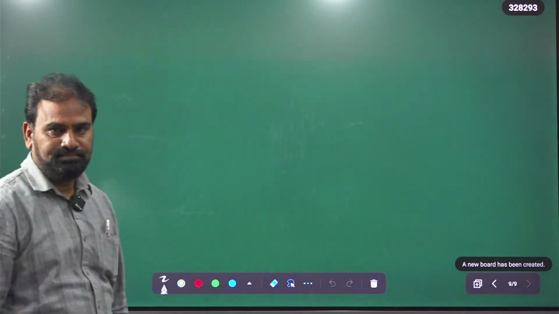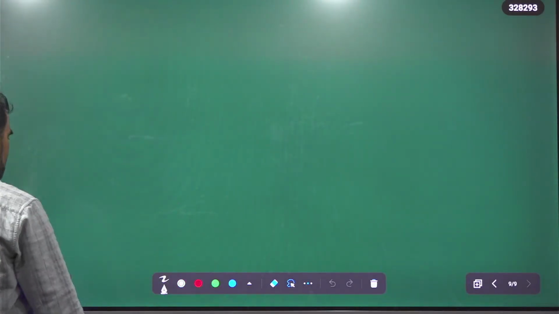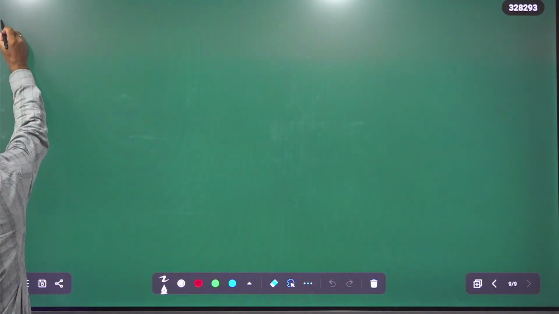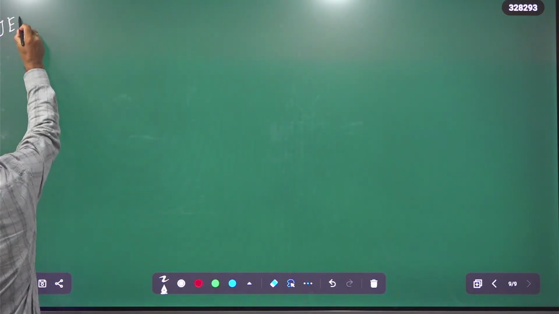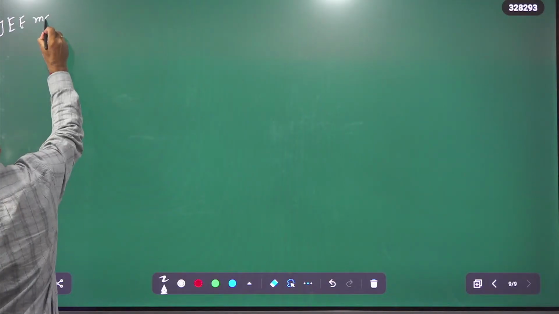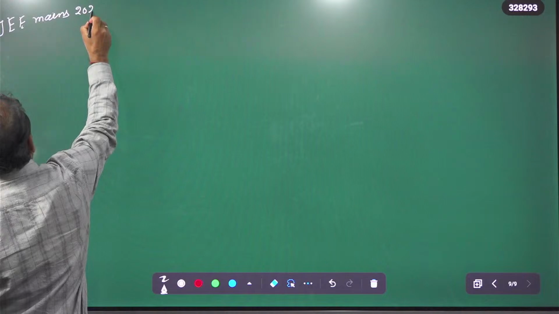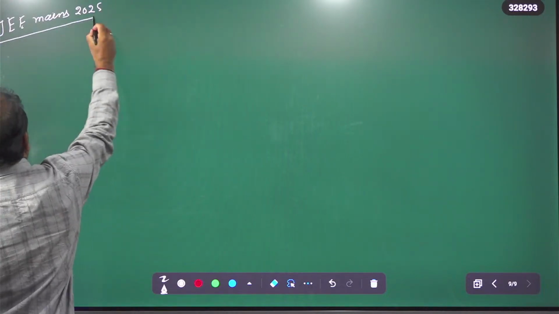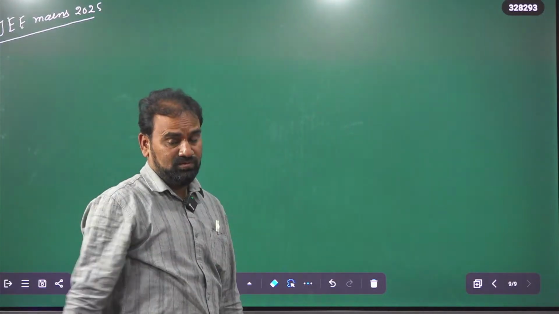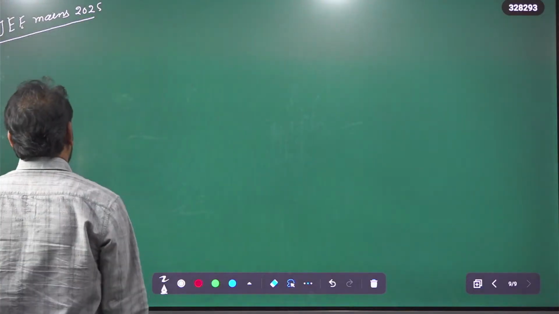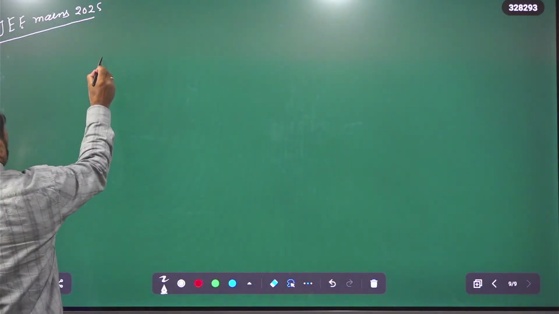Next problem. Consider a pulley. This is a JEE Mains 2025 question, beta. This question was asked in 2025 JEE Mains. Suppose two blocks are connected like this